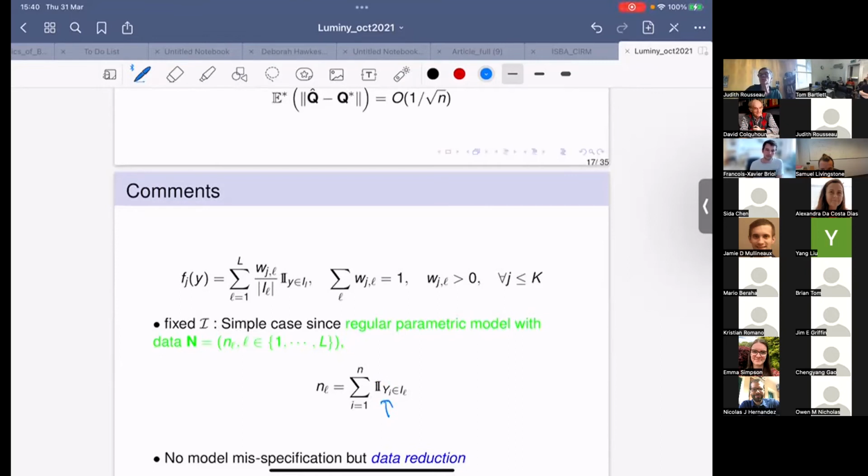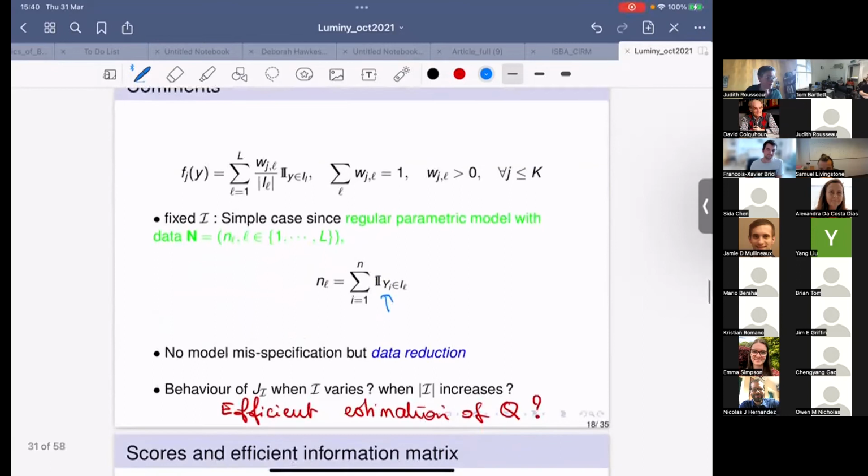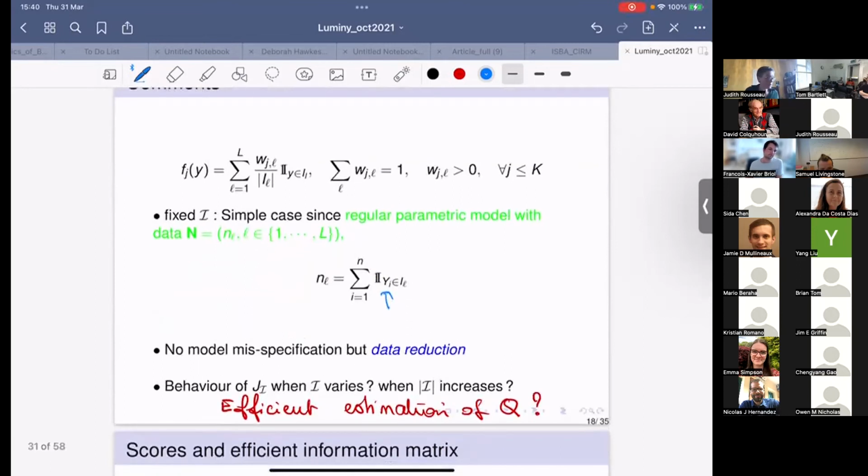And I have transformed a non-parametric model into a parametric model, and I have all the theory for parametric inference in hidden Markov models, which goes through. And so it's not difficult. So even proving the Bernstein-von Mises result is not so difficult in this case, although it starts with something which looks difficult. The problem is that